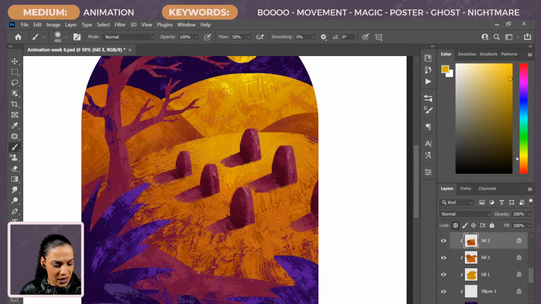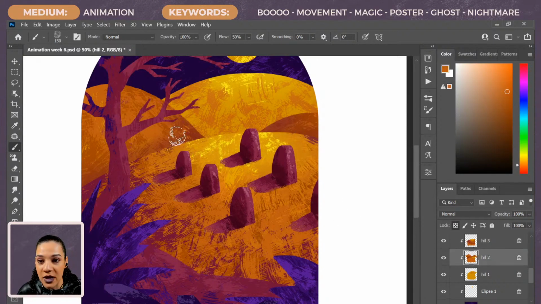And then we can come in with our vinyl scraper brush. This vinyl scraper brush comes with one of Kyle T. Webster's packs, by the way, so if you'd like to use it, you can. It is in the Keith Haring texture brush pack from Kyle T. Webster, which you can find on the Adobe website. And it is called Vinyl Scraper, as I said. So you can totally use this for yourself if you would like to achieve the same kind of texture that I'm getting here. This brush is super, super fun.